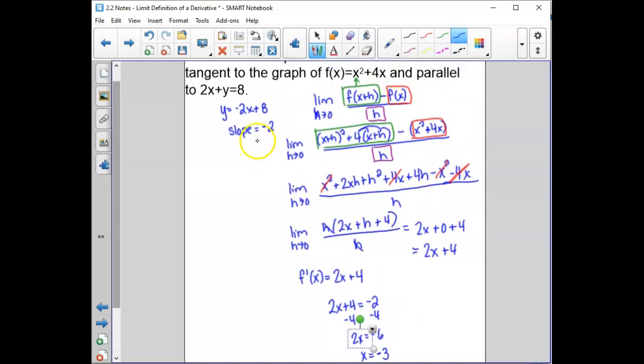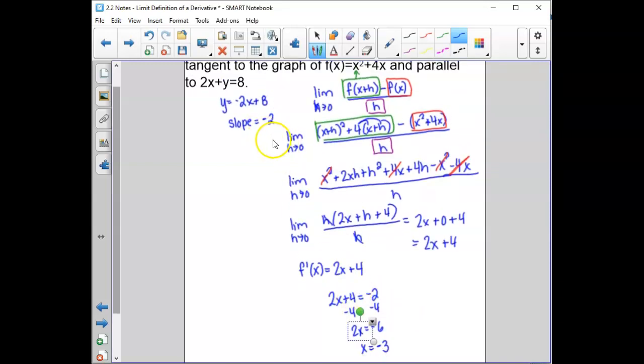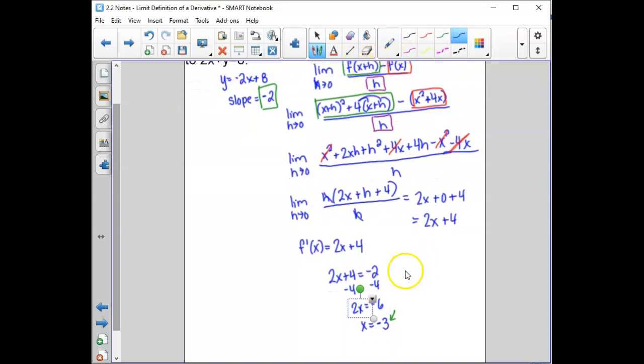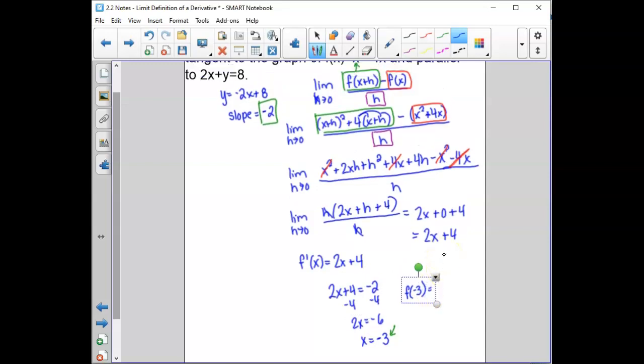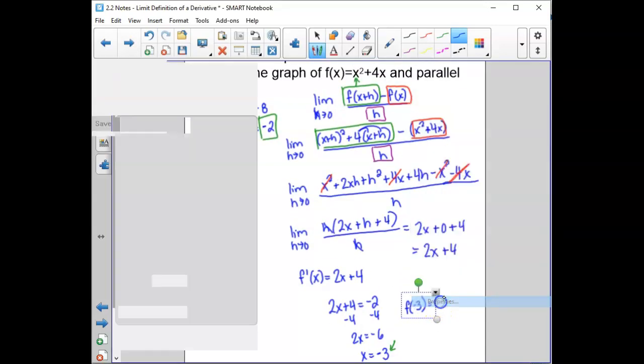I also need a y-coordinate. And so, you know, I already had my slope. I knew this was my slope. I knew that's what I wanted. Now I'm looking for my point. So this is my x-coordinate of my point of tangency. To find the y-coordinate, I'm just going to plug this -3 back into my function, my f of x, not into the line, because this line, all we really needed from it was the slope. We're plugging it into f of x. So we're going to have f of -3 equals,